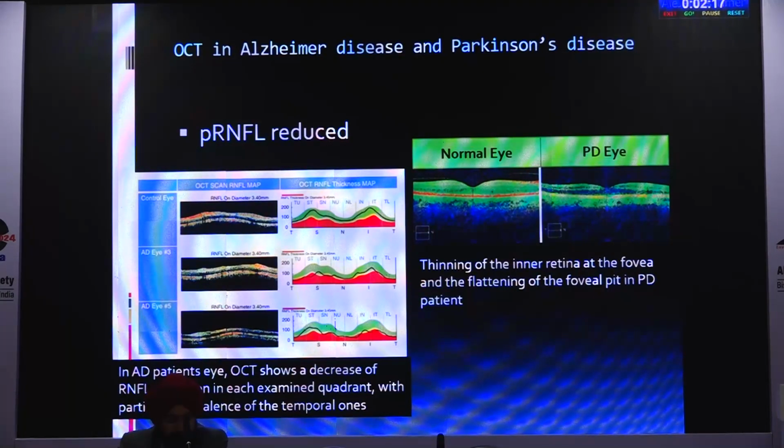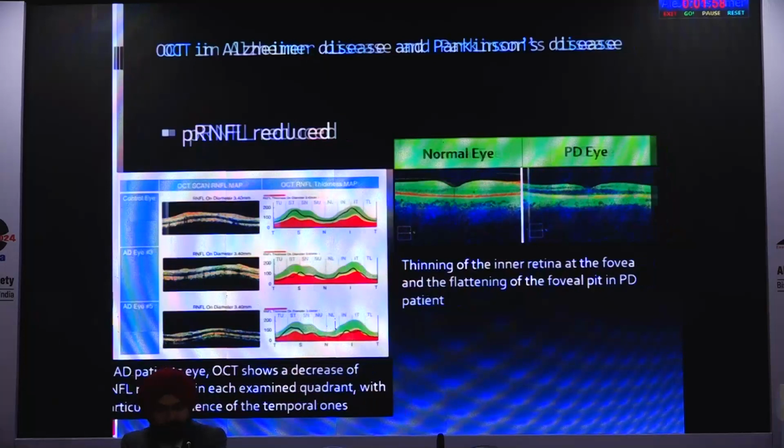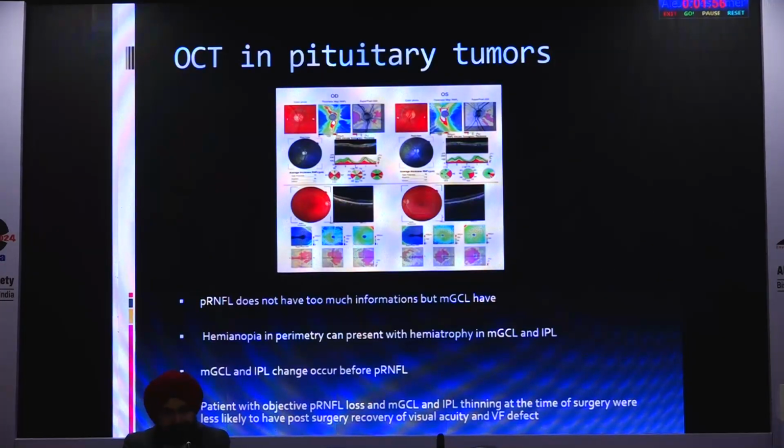In Alzheimer's disease, OCT shows a decrease in RNFL reflection in each examined quadrant, which is particularly important in the temporal zones. Thinning of the inner retina at the fovea and flattening of the foveal pit is seen in Parkinson's disease. Now, OCT in pituitary tumor, this is very, very important because